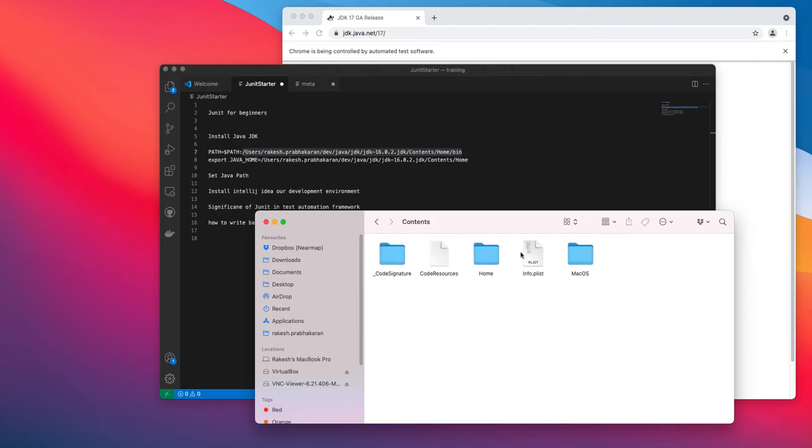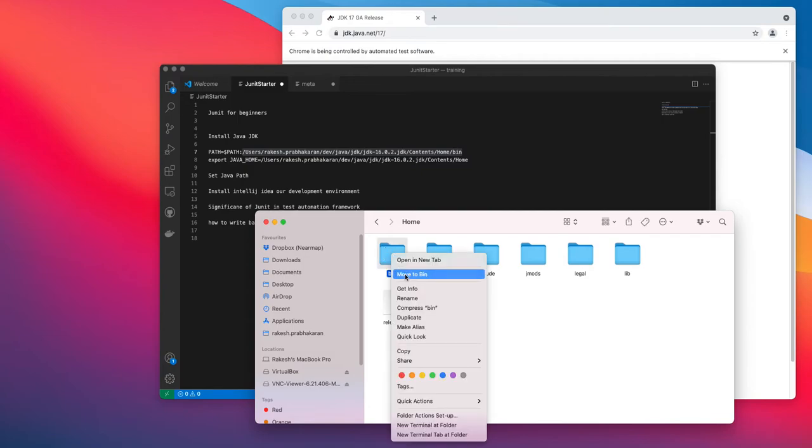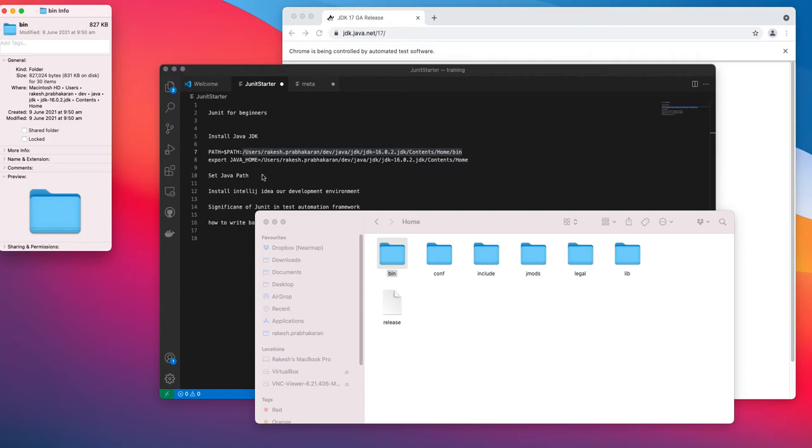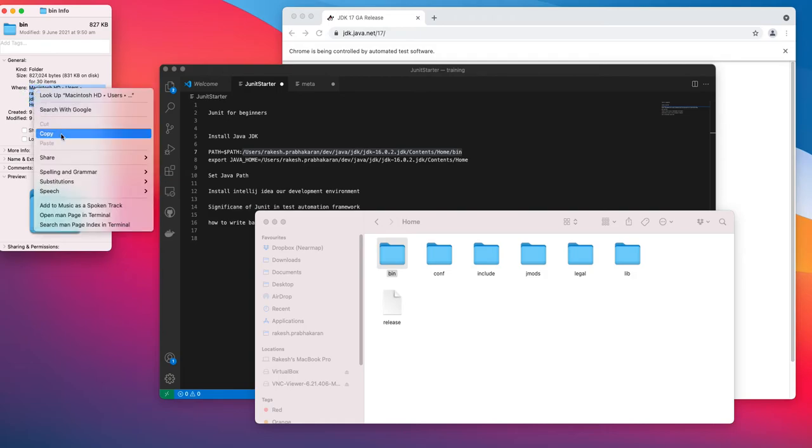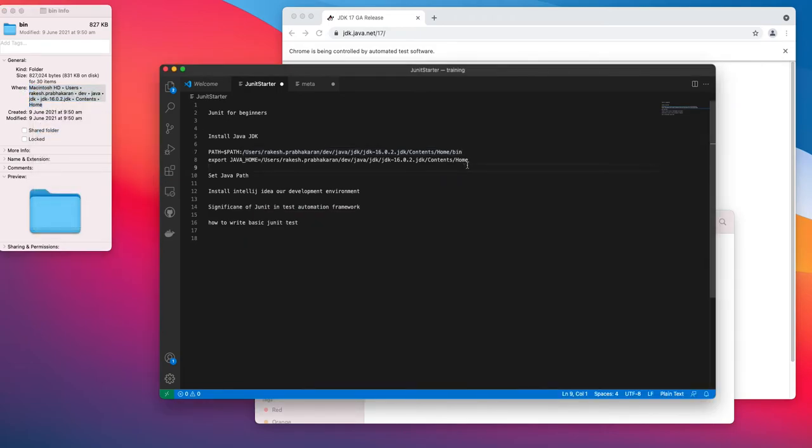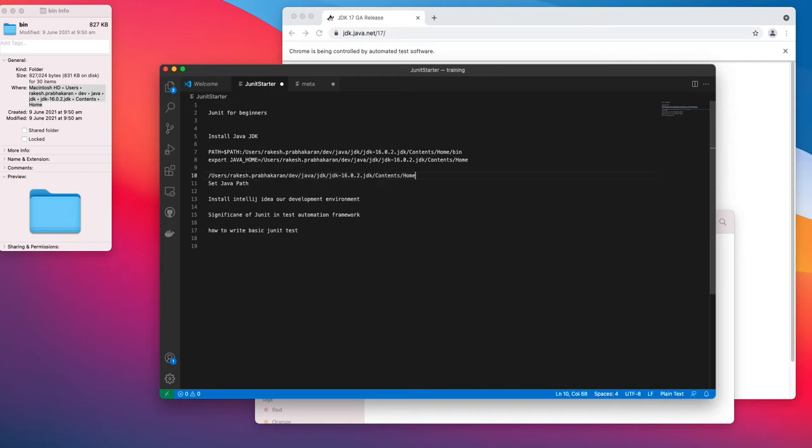Inside the folder you'll have contents, then you'll have home. And then inside that you'll have this bin. You can right click on the bin and get info. This will give you the path. You can just copy this whole thing, copy this path, and that will be exactly the same path that we have over here. So once you get the path till home or till bin,